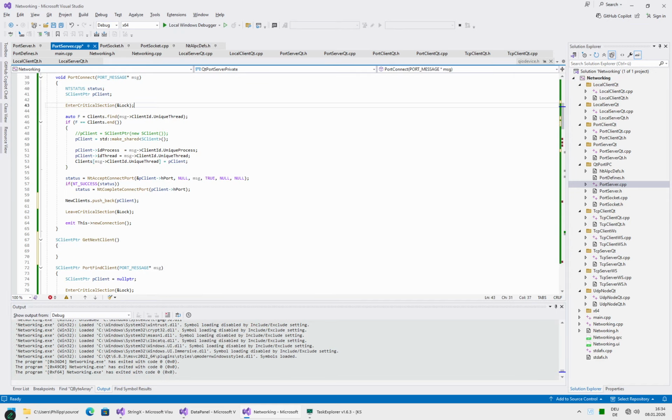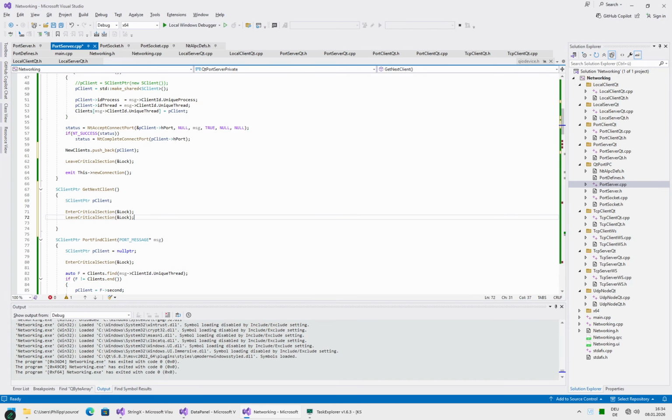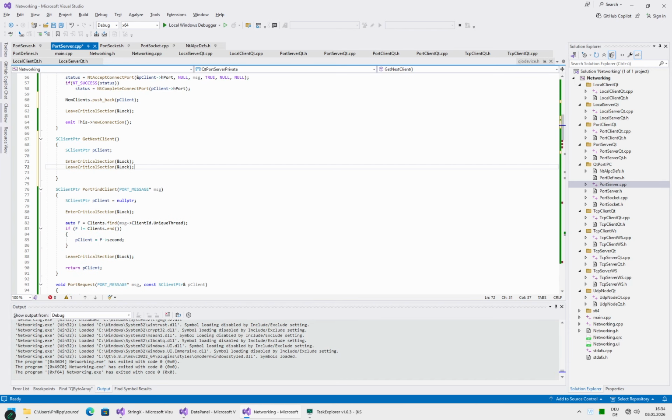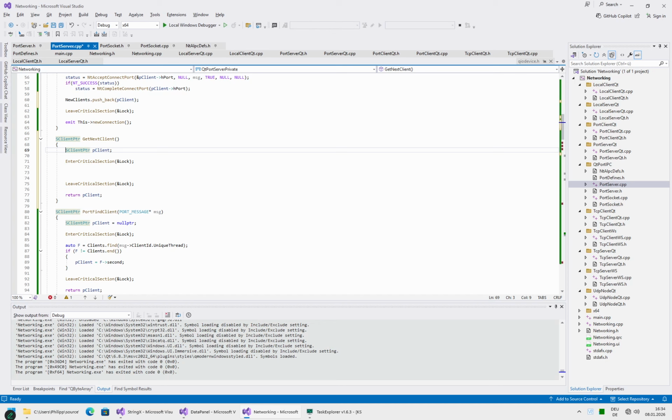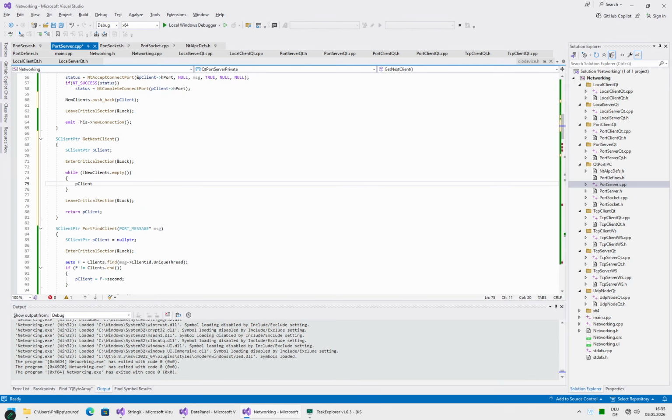So here we lock our, basically we just do it like this, then unlock. Basically it's similar to the find client somehow, just not quite the same. So we get the client, make a loop, while new clients empty is not empty. So while there is something, client is equal to